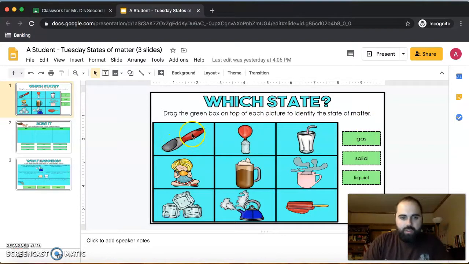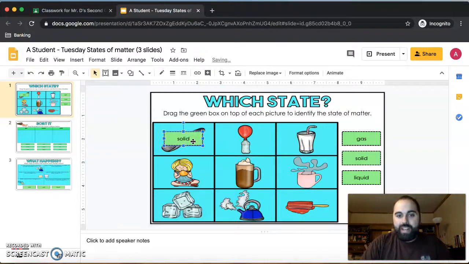That looks like an ice cream scoop. Ice cream scoops are typically solid. So we're going to grab the solid and put it on top of that one. And then we're going to keep going through. So this one right here looks like it's a balloon being filled up with something. What is that something? This is a cup that has something coming off of it. I wonder what that is. When we're looking at this popsicle, we're looking at what is being melted off. All right. So again, try your best with this.